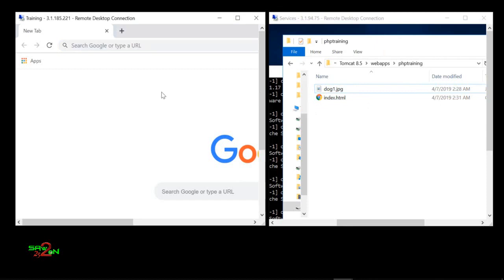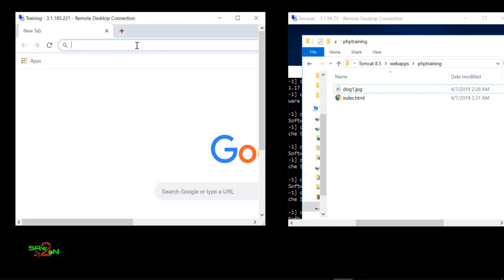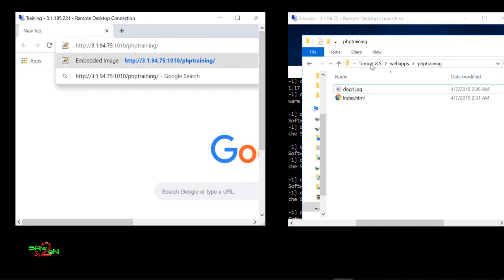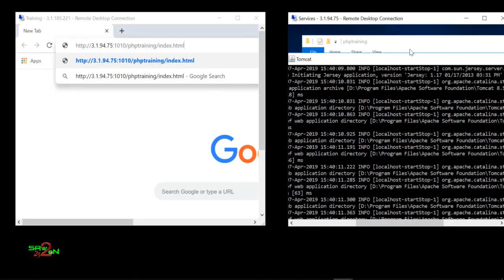So now the client wants to access these resources on the server. So what happens is the request is initiated by the client. That's what we are saying. You need to know where this server is accessible, right? So there's an IP address. I'll type in the IP address and then I will type in the folder name. Once the folder name is there, I'll say I need the index.html file. So when I click it, the request will go to this server. The Tomcat server will say, okay, you need these two files. The two files will be given back to the client and the client will be able to display that output. Okay, so we're going to see that. So when I click enter,